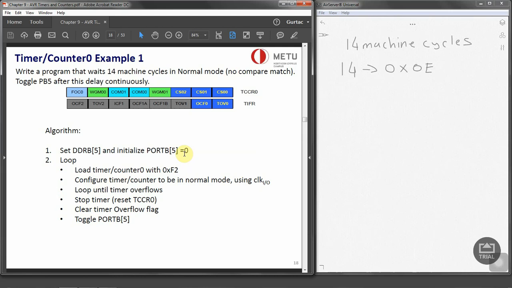Now, if you want to have 14 machine cycles, the maximum that we have is 0xFF, right? So from FF we have to subtract that 0E to find out how many times we need to count. When we subtract that, what we are going to get is F1. Now, this F1 is actually showing us the 14 difference, but we also need to add an extra clock